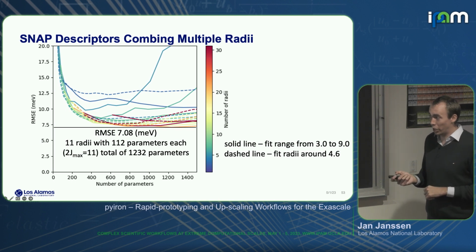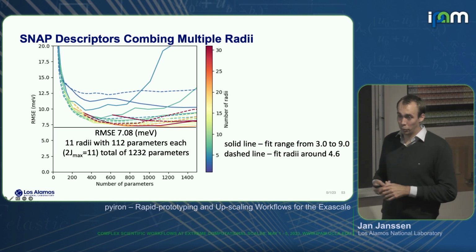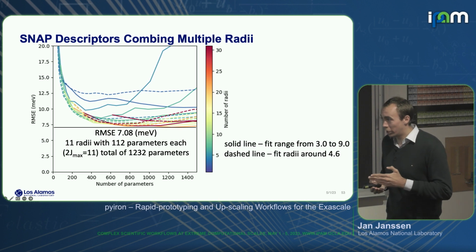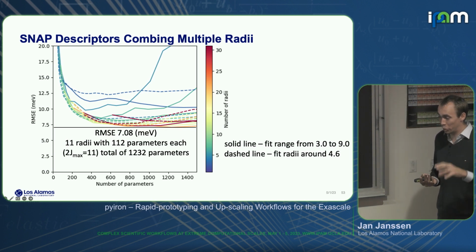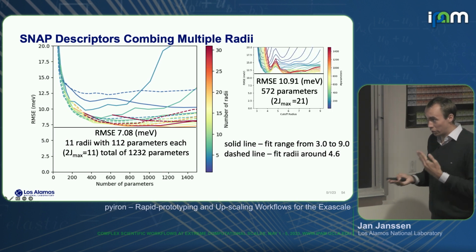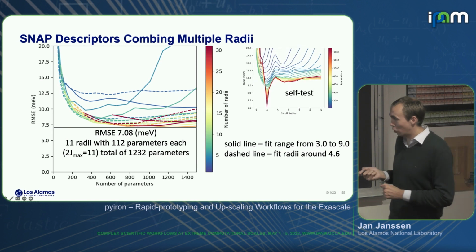And what we find is really that we're now able to go to 7.1 meV on the same data set, right? So we really can improve this, and this is basically just by a very small increase, right? So we still use a linear model and just fit to energies here. And that's great. We were happy for a moment.